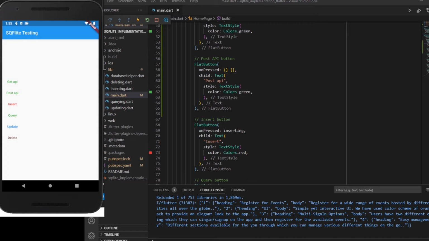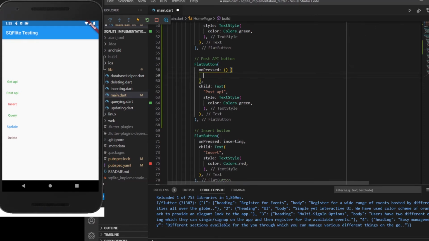For making an authenticated request, we need to pass some HTTP headers along with the API which we are using. Let me add the code to this on-press part. We'll be marking it as async as well, because it will also give the async or await thing, the future output will be given in this part of the code as well.